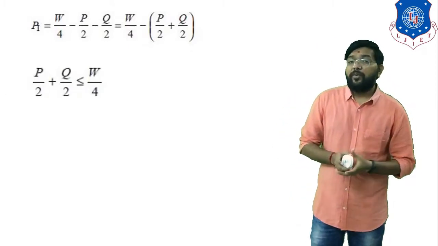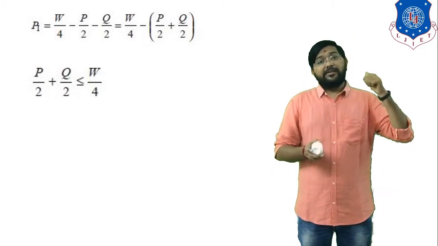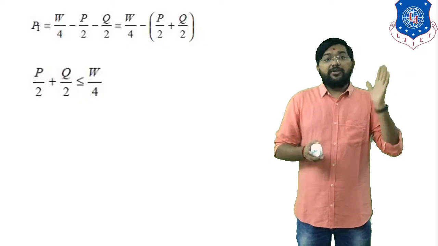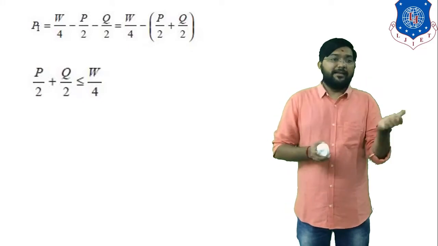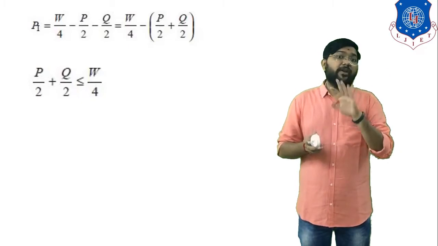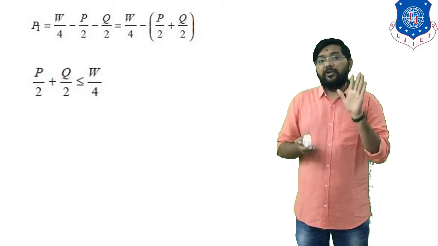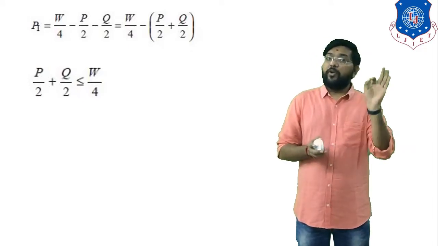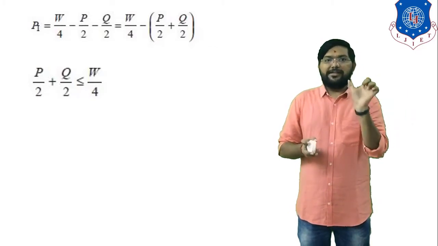Now in the example you have to calculate the value of velocity. Which velocity? If you increase your speed beyond that velocity, then your inner wheel will try to lift. Clear? So we have to consider one condition: the resultant force on the inner wheel is equal to 0, or greater than or equal to 0. If the resultant of the inner force is greater than or equal to 0, then your inner wheel will not lift. Clear? So that's why the value of W by 4 is always greater than the value of P by 2 plus Q by 2. So this is the condition.